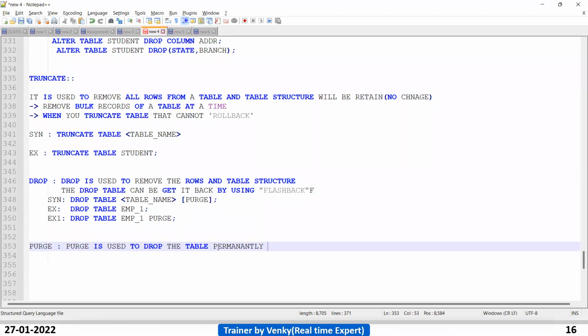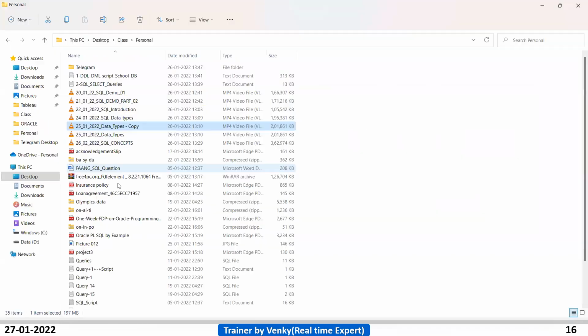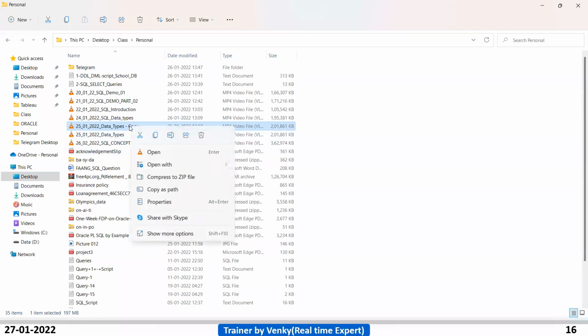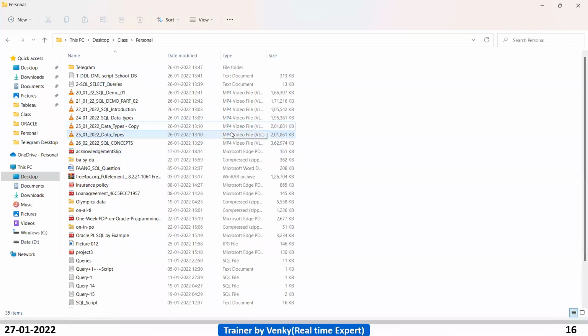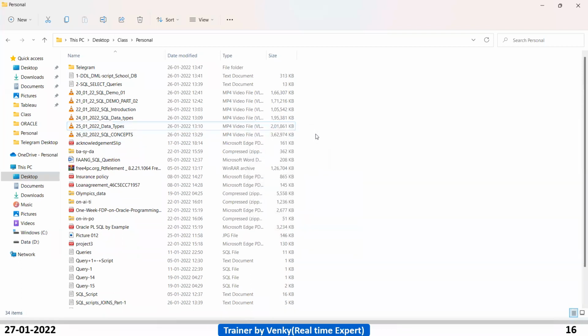Okay. Now I will show you one more example to understand better. Previously I just deleted. Now I am doing shift plus delete.